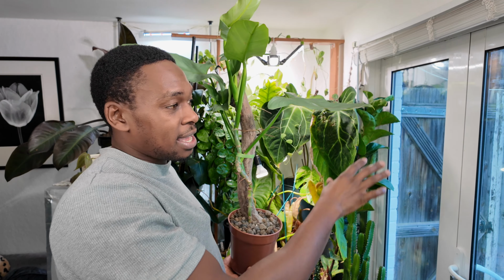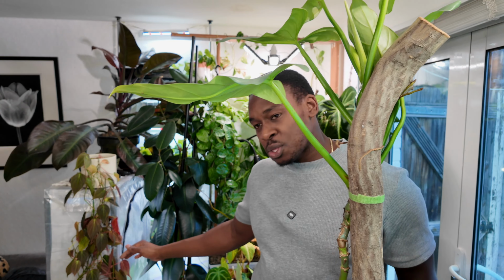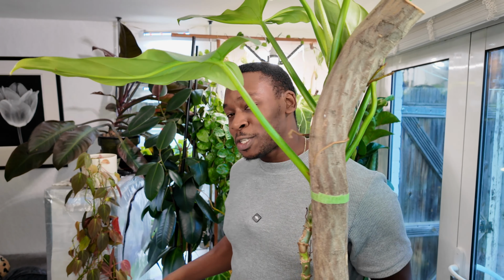I have this plant pulled quite far away from my east facing window, so it lives here. This is my east facing window, and about 3 meters away it sits here, and it's sort of behind a cabinet. And this plant is surviving and thriving and keeps throwing out these massive mature leaves just off the supplementary light that comes out of this grow tent. So it's not getting lots and lots of light, but it continues to grow and it continues to push out